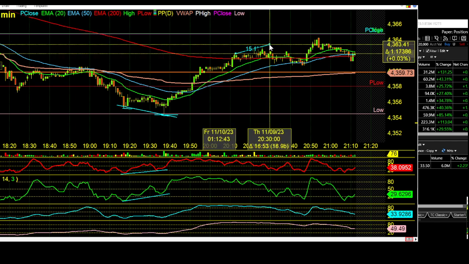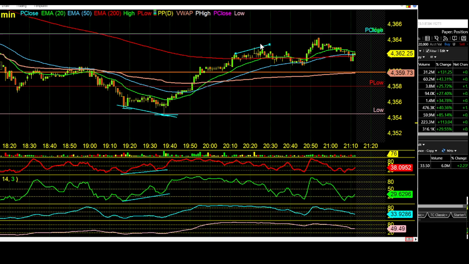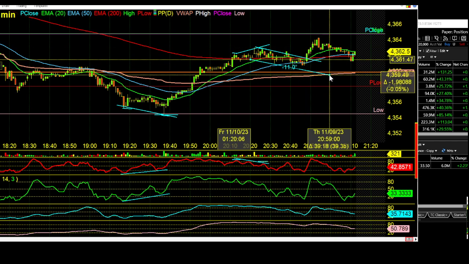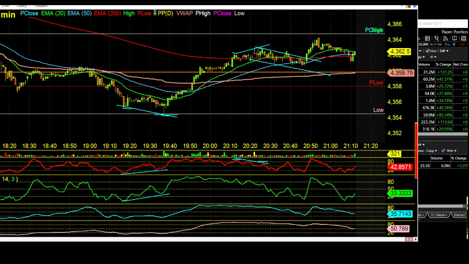It was actually a little short divergence here where the same setup is. You see that high here? And you see that high here? But you see that lower high right here? So you have what's called a sell side divergence. And you see that move down here. Now, this turned into what we call a bull flag. And this is what I traded before. I don't know if I still have it on my screen.